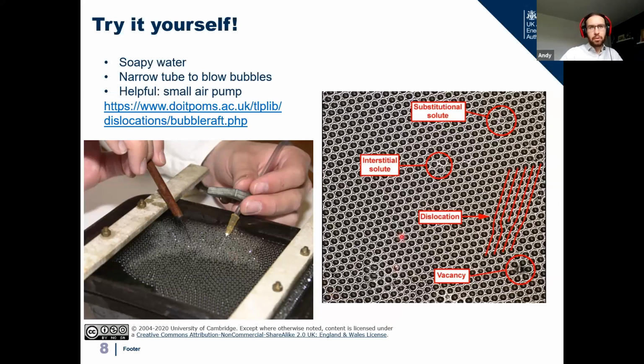So these are not atoms. These are much bigger than atoms. These are the bubbles, and we can see within this bubble raft there are some defects, things that aren't correct. Here we have an extra bubble in the middle squeezed in. Maybe we have here one bubble which is slightly smaller than the others, and this is a bit like